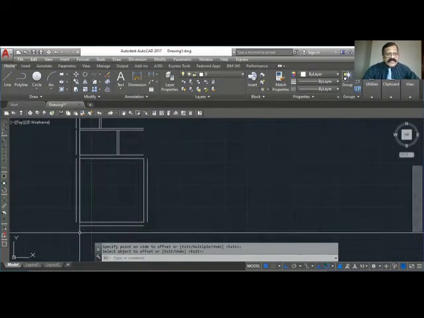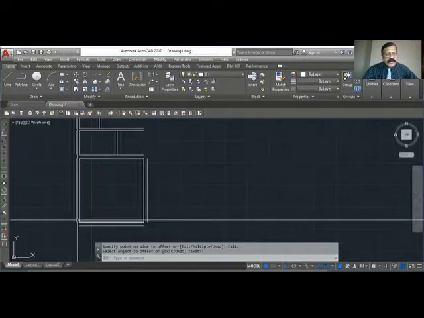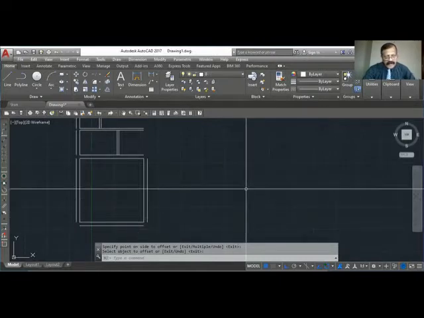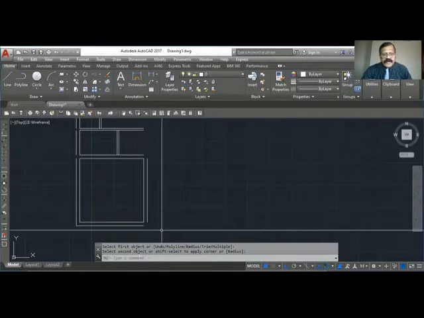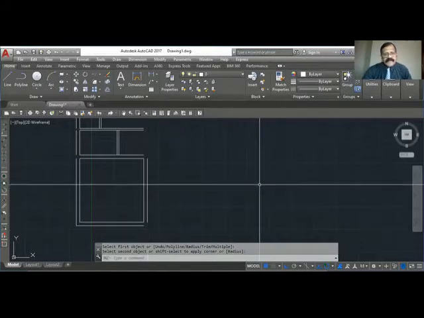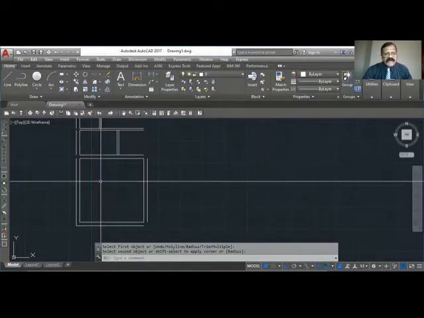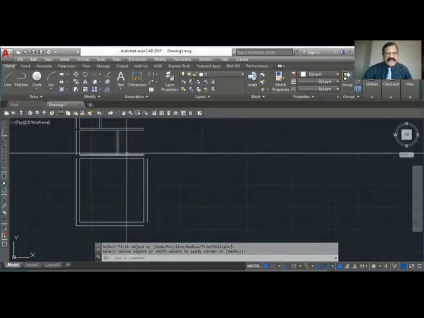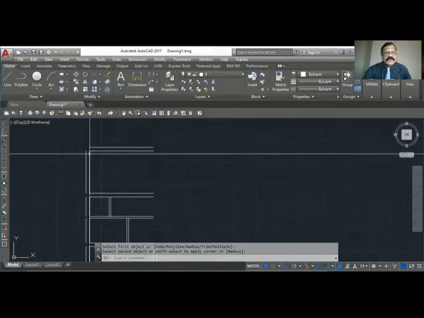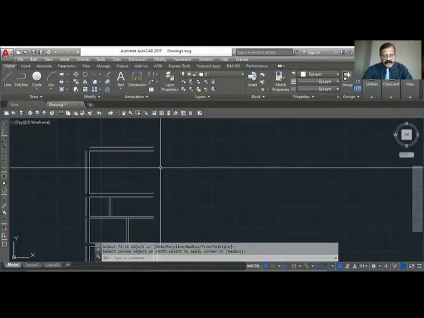Which command can I use to join these two lines together? Fillet. Yes, very good. Fillet with radius should be 0. Earlier I used R, so 50 is there. So I have to type radius again and make it 0. Select first line, select second line. Don't do it here because you still have to offset this side. After offsetting only, you have to do the fillet. And don't do it here also because you require the room's side. We have finished this side, and no room is coming on this side or this side, so I can use the fillet command.